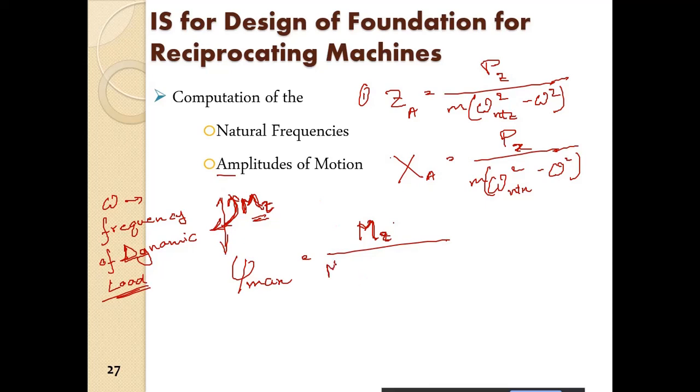So Mz, again we have the mass moment of inertia about the z-axis into omega n psi square minus omega square. Okay, and apart from that we will have